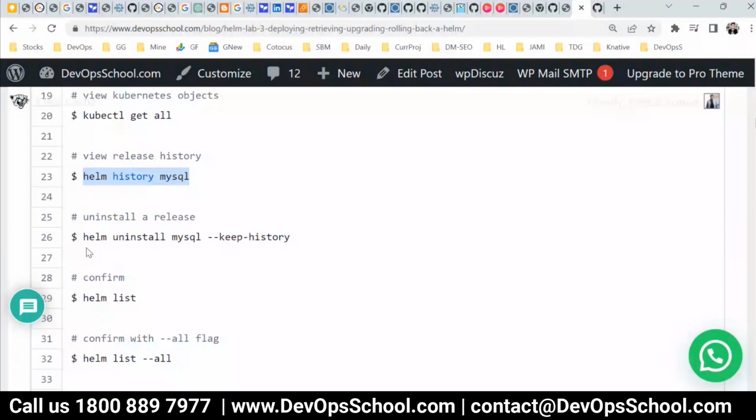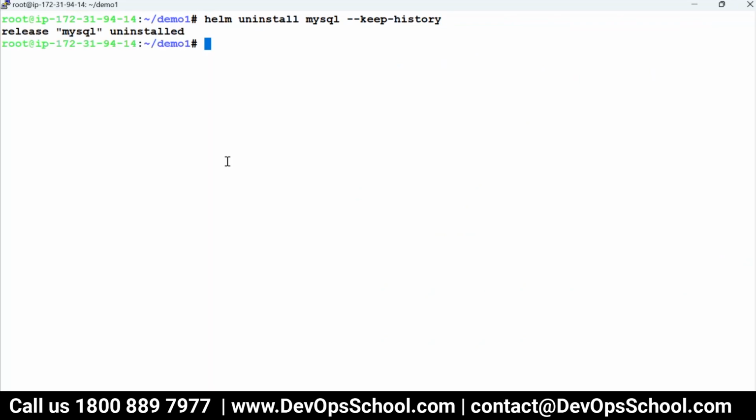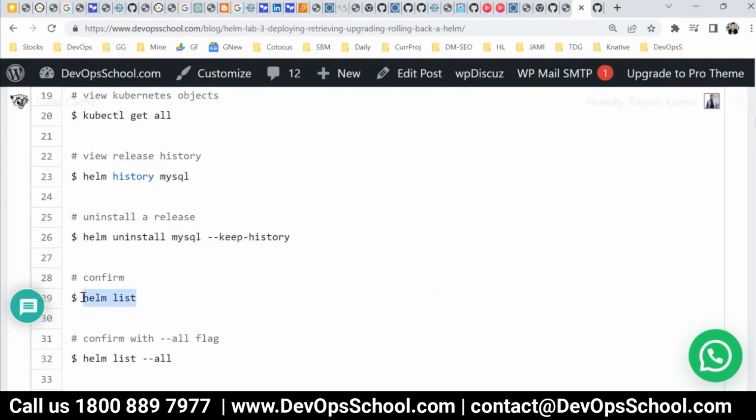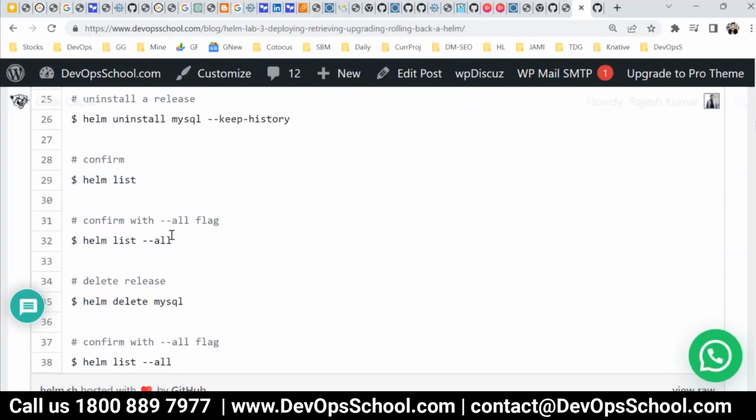Now, if you want to remove the release but keep a history, okay, this is one way. Then if you want to uninstall the release and don't want to keep a history, run this command. If you want to keep a history for this release name, then run this command. So let's do this. And after that, run this. Here, gone. And if you do that, confirm with the all flag,